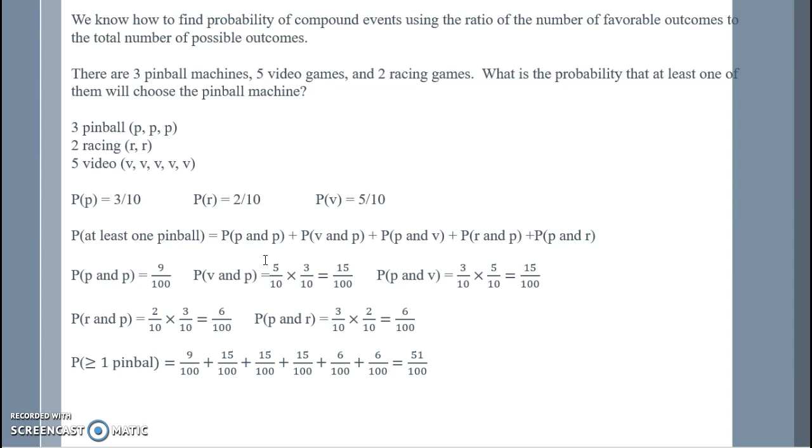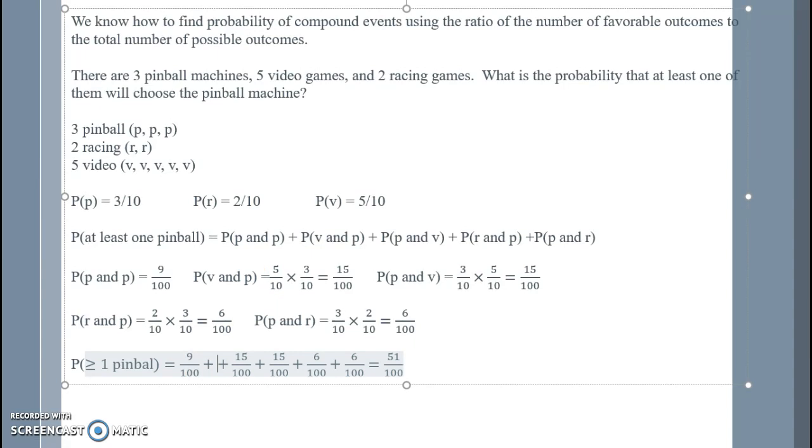So the probability of at least one pinball is 9 hundredths plus 15 hundredths plus 15 hundredths plus, oh, I think I have one too many. I got a little excited there apparently. Okay, so 9 hundredths plus 15 hundredths plus 15 hundredths plus 6 hundredths plus 6 hundredths is